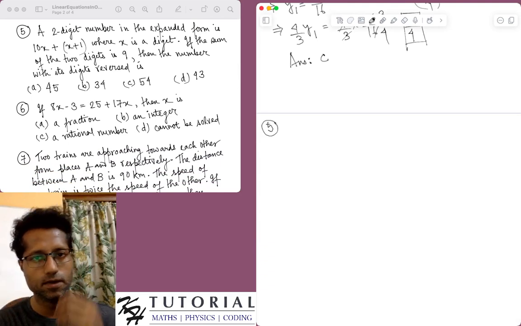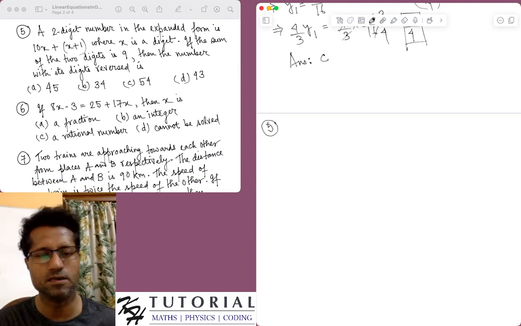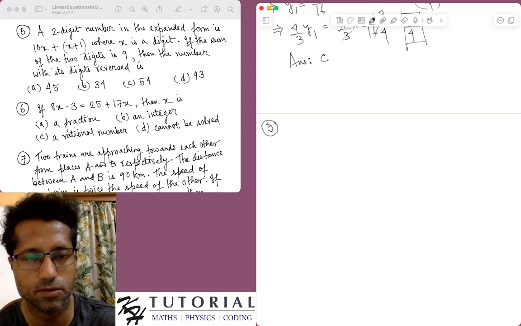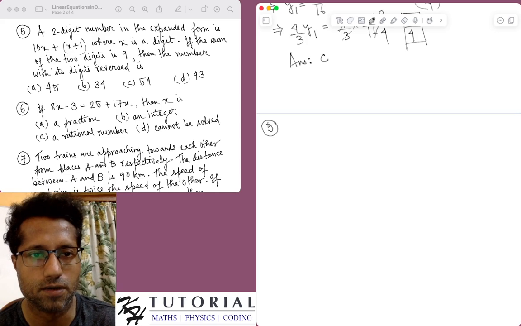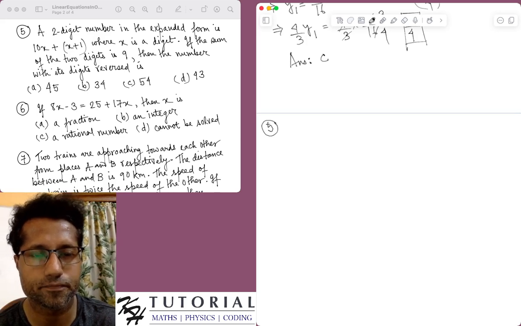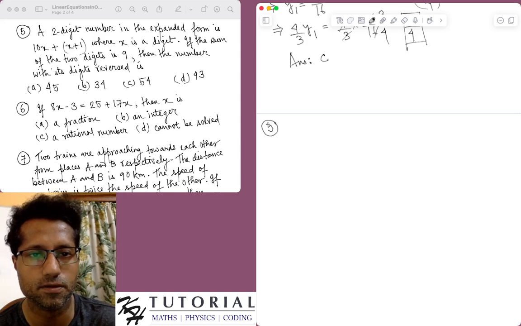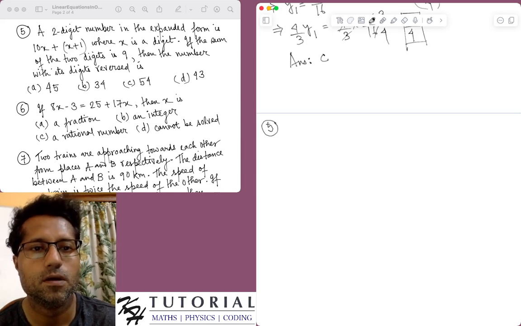It says a 2-digit number in the expanded form is 10x plus x plus 1, where x is a digit. Okay, x is a digit, so it should be a number from 0 to 9. If the sum of the two digits is 9, then the number with its digits reversed is, okay,